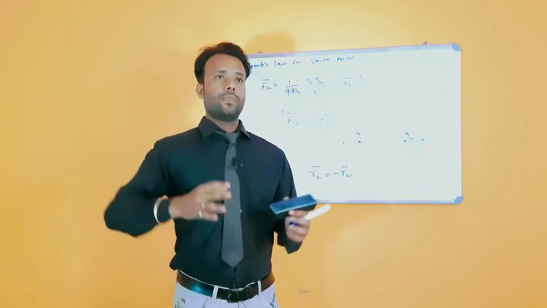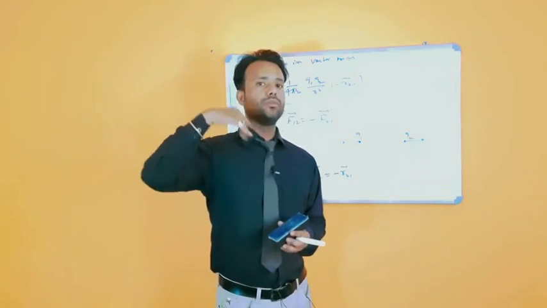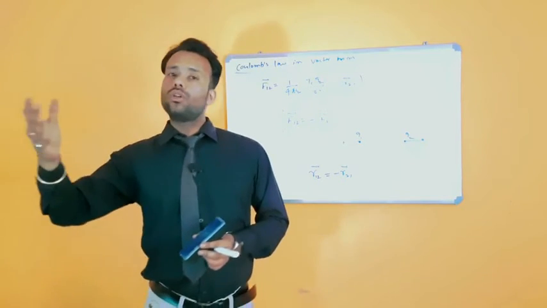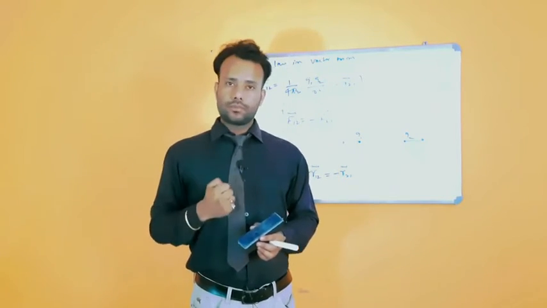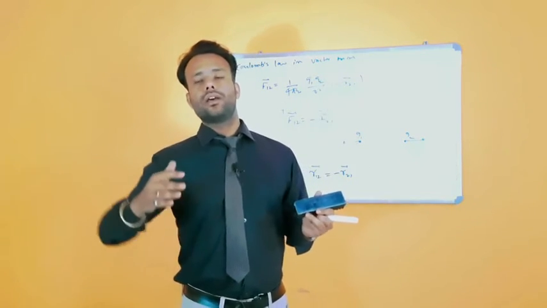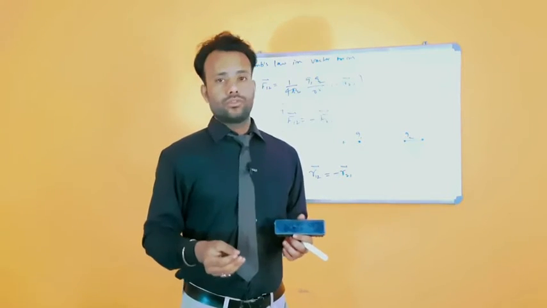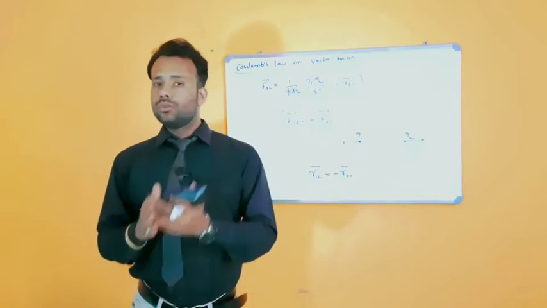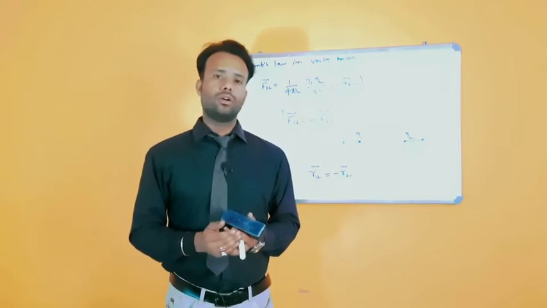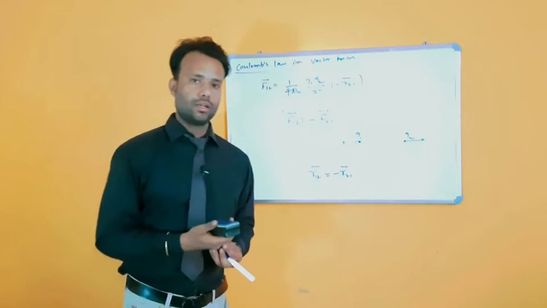If you calculate the force exerted by Earth on the moon, let's say it's F, then similarly the moon also exerts the same amount of force on Earth. It's not like Earth is very big in size, so it exerts more force on the moon. No, it's not like that. They both are central forces, and in central forces, the amount of force acting on either body is equal in magnitude but opposite in direction. This was the Coulomb's law in vector form.